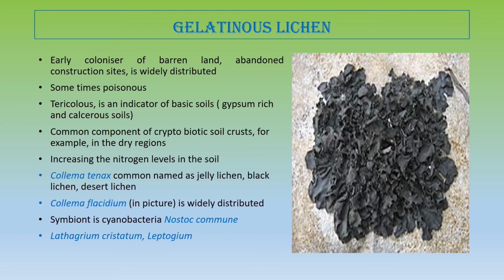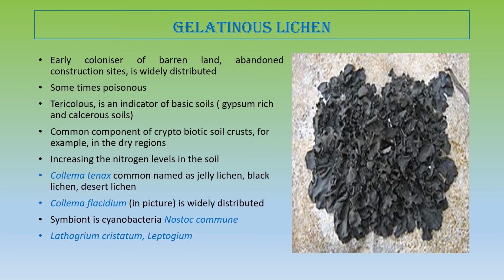Now, all these organisms that are present only in the upper few millimeters of the soil layer, along with the soil particles, form the cryptobiotic soil crust. This anabiosis or cryptobiosis is also found in lichen. So lichen, along with other cryptobiotic organisms and the soil, forms the cryptobiotic soil crust. Now, what is the importance of this cryptobiotic soil crust?